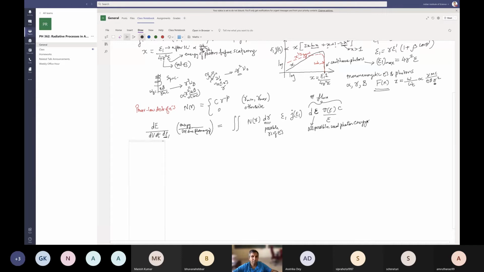Right. So in the previous calculation, this was fixed and epsilon was fixed. Now we are integrating over all the possible gammas and all the possible seed photon energies. So what do we have? Let's see. This is the normalization constant. This is equal to 3/4 sigma T c, this capital C, the normalization constant, integral d epsilon 1 by epsilon, this ratio times v epsilon